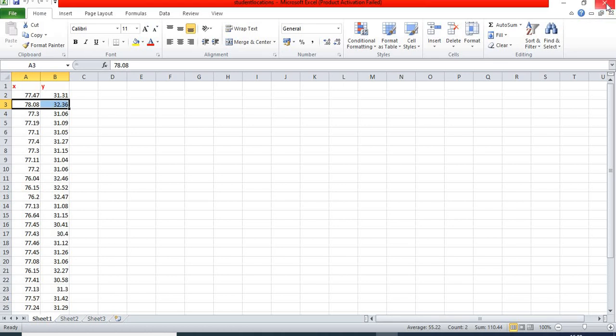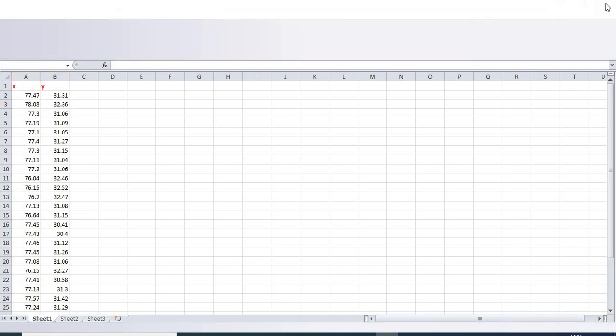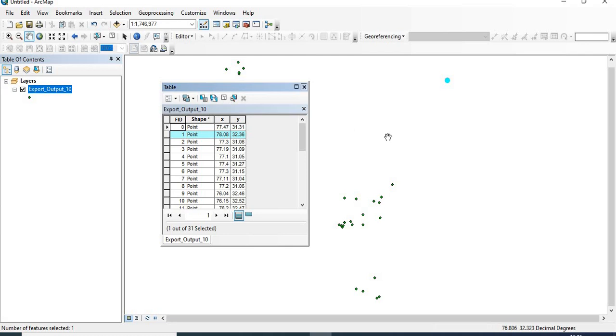So it means all the values have been added successfully. You can close it.